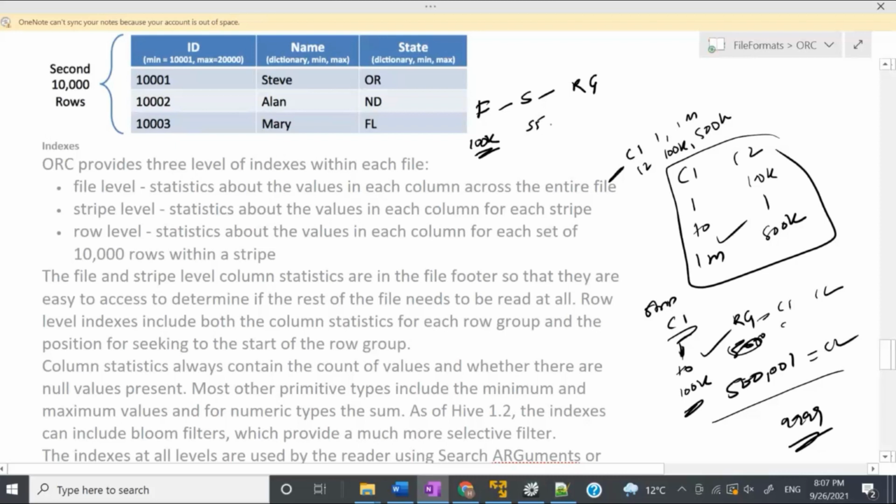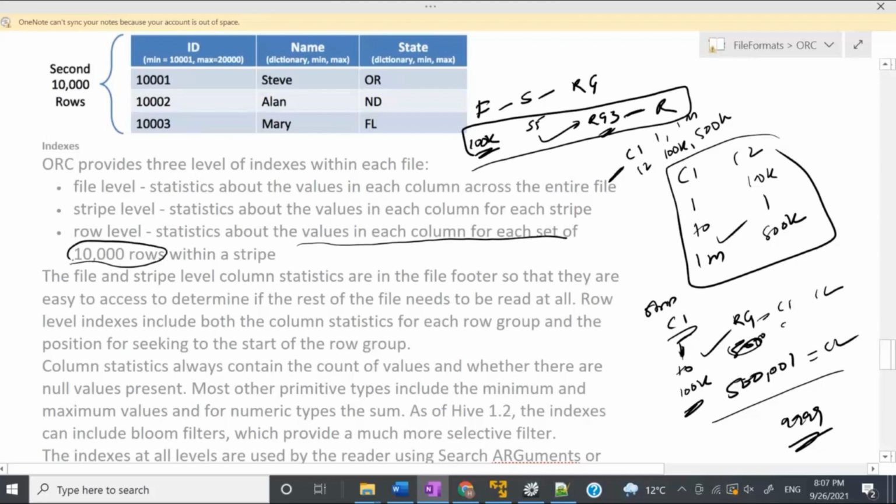Then stripe 5 will send it to row group 3, and row group 3 will again send it to that particular row. So this is the overall flow. And on the row level, statistics about the values in each column are set in the 10K rows. So now this particular row group 3 will be having 10K rows, and inside this 10K rows, that row can be anything, let's say the 500th row. So this is how the scanning or indexes work in